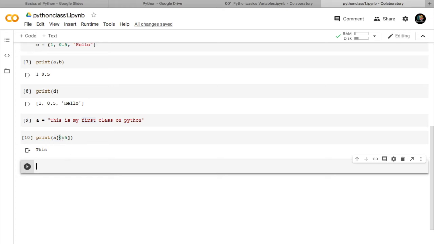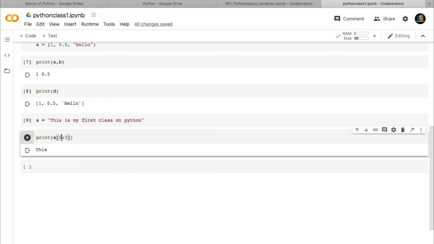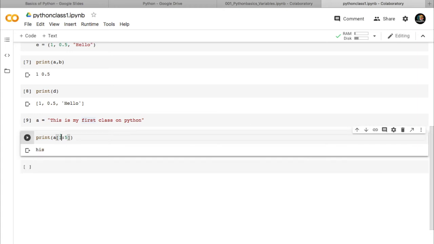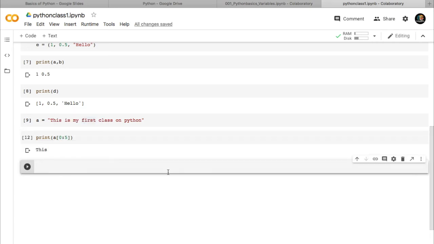So what are these values? Here 0 is nothing but the starting value. This starting value can be anything. Usually in Python everything starts at 0, not 1. So if I include 1 over here instead of 0, you can see that my first character will not get printed. So that's why everywhere we have to start with 0 only. So 0 will be printed over here, that is, 0 means the character at position 0 inside a. So T will be printed, then 0 up to what?